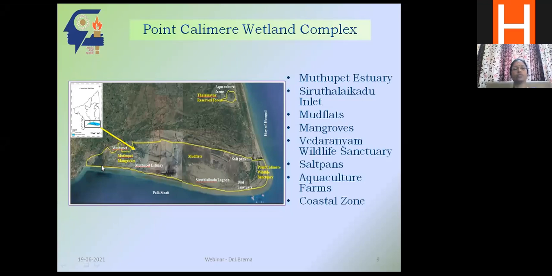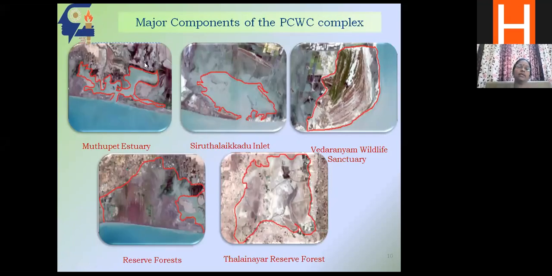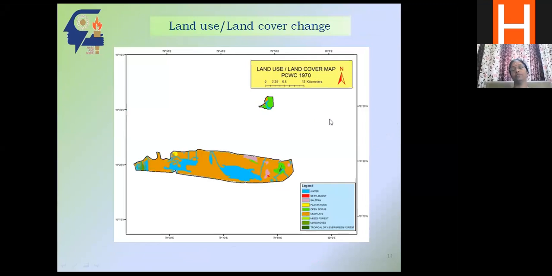Another problem was cyclone. The effect of cyclone and tsunami was there, so erosion and accretion was there. We studied that also. Some of the things I'm showing here for want of time. So this was the thing, and we first identified our components like this. This is a sanctuary portion, and this is the wildlife sanctuary. Within this is the reserve forest which is located there. I'm sorry, this is the mangroves and reserve forest which is located on the leftmost side. So with this, we started our work to identify what changes are taking place.